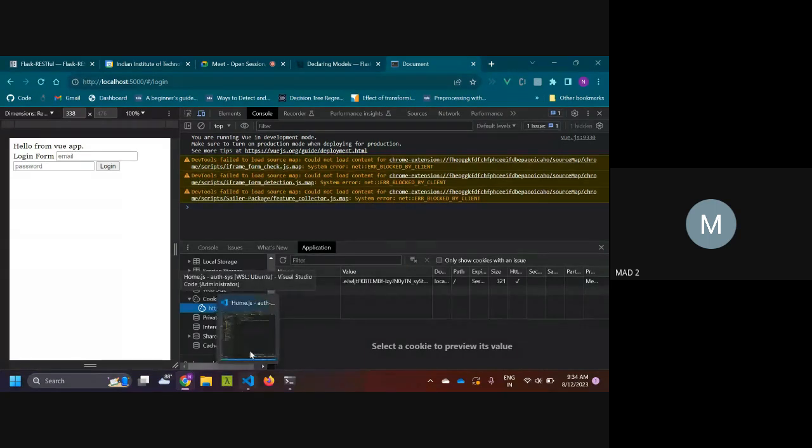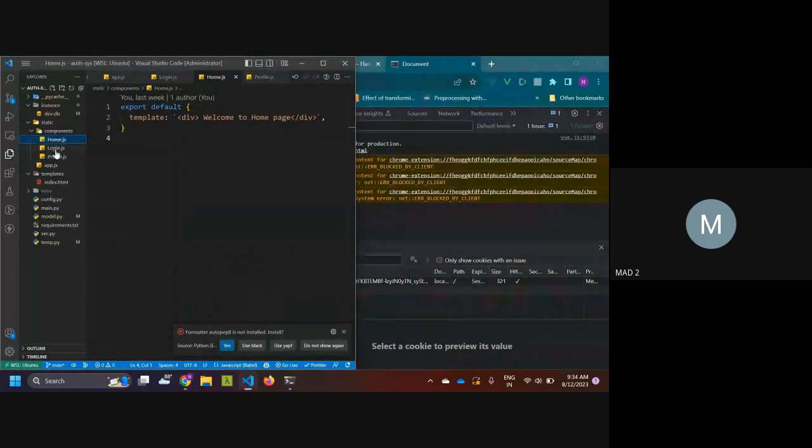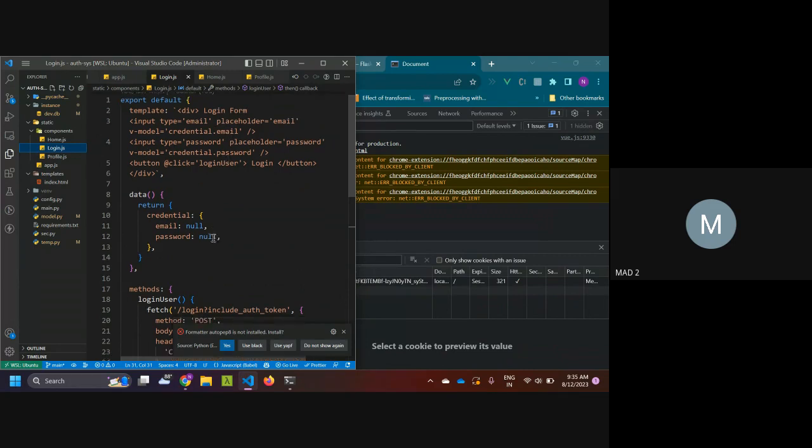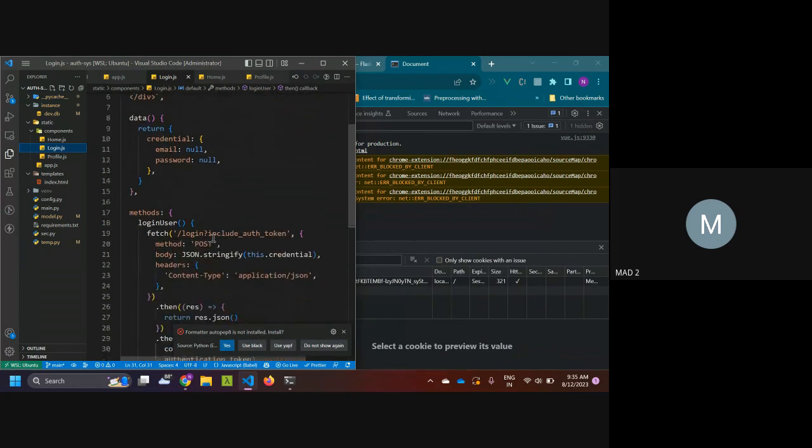Let's go and see what this login form is doing. Inside this login form we have an email input type, and then a password input type. We are binding these with credential.email and credential.password, and then we are making a